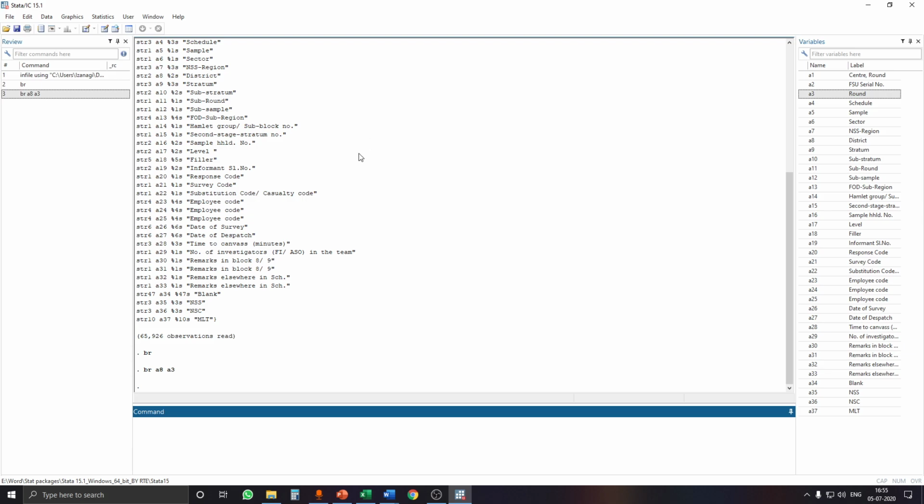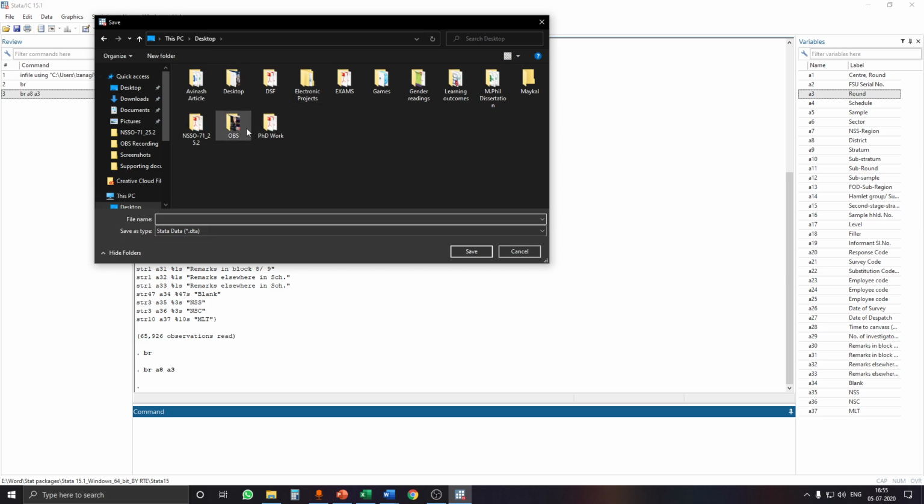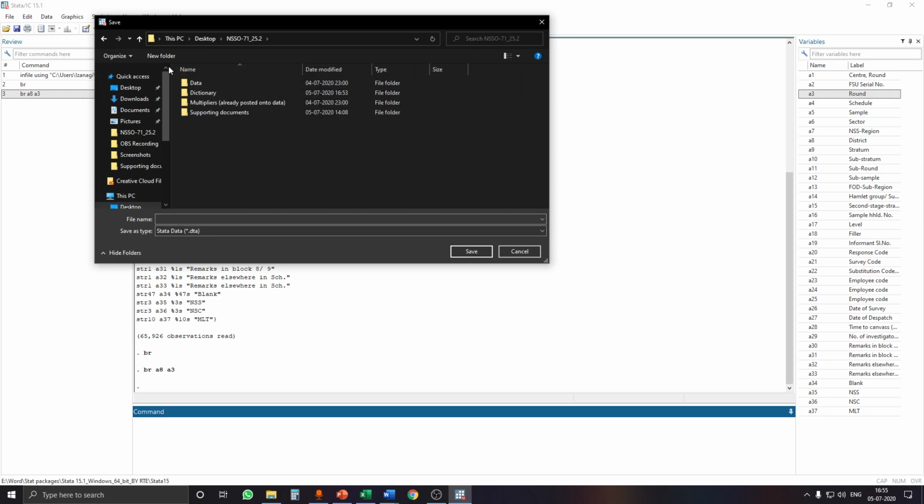Now as we have extracted the data, we have to save the data. To save the data, we are again going back to save as. We have our data on the desktop. We are going to open it, and now we are going to again create a new folder called extracted data.